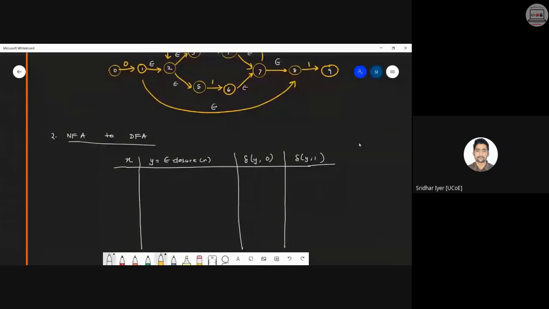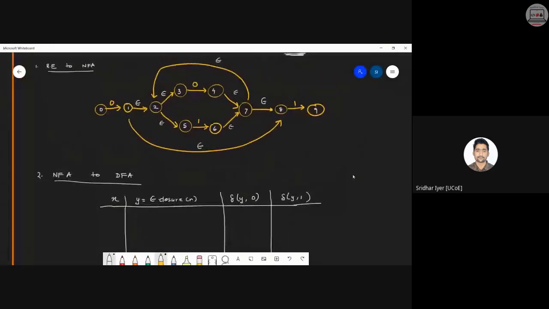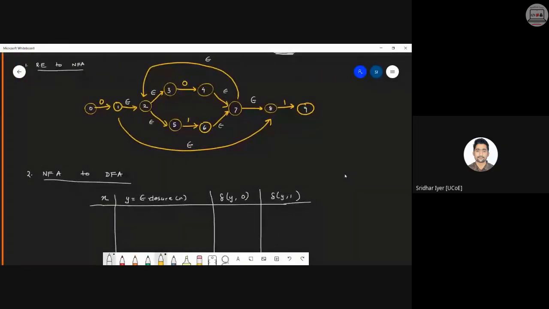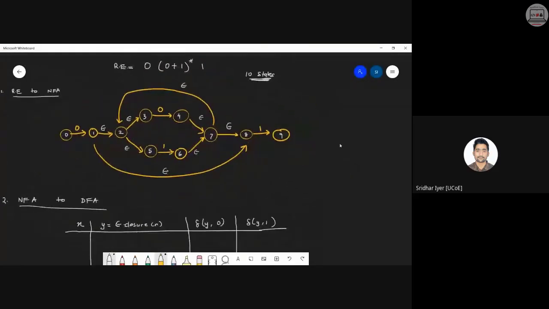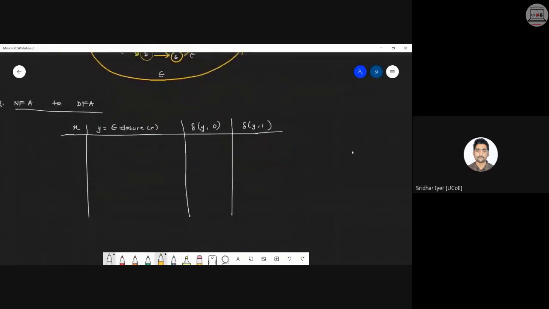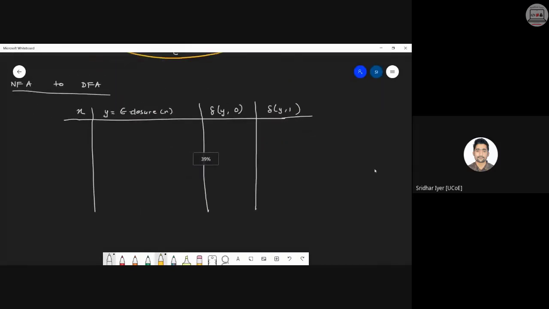Okay, 0 to 9. Why would there be a 0 to 9 epsilon? Okay, you're asking about states. Yeah. State number 0 to state number 9. So we are having total 10 states. Any queries, any doubts so far? If the diagram is correct or not, kindly let me know.